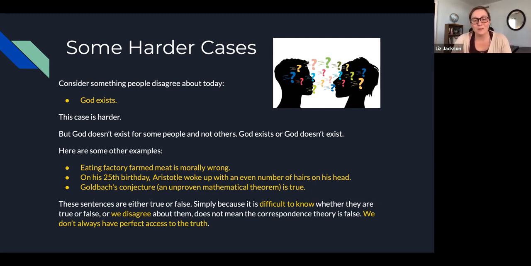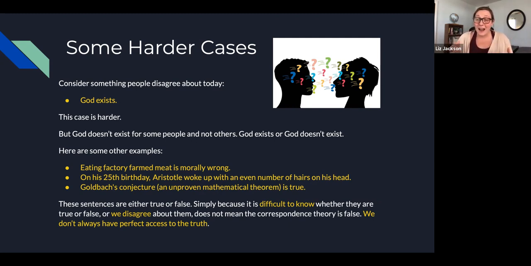And what this shows is a sentence can be really difficult to know. Like, how would we ever know if Aristotle woke up with an even number of hairs on his head on his 25th birthday? It's really hard to get that information. We disagree about the truth. People disagree about whether it's wrong to eat factory farm meat. But just because it's difficult to know the truth and we disagree about it doesn't mean the correspondence theory is